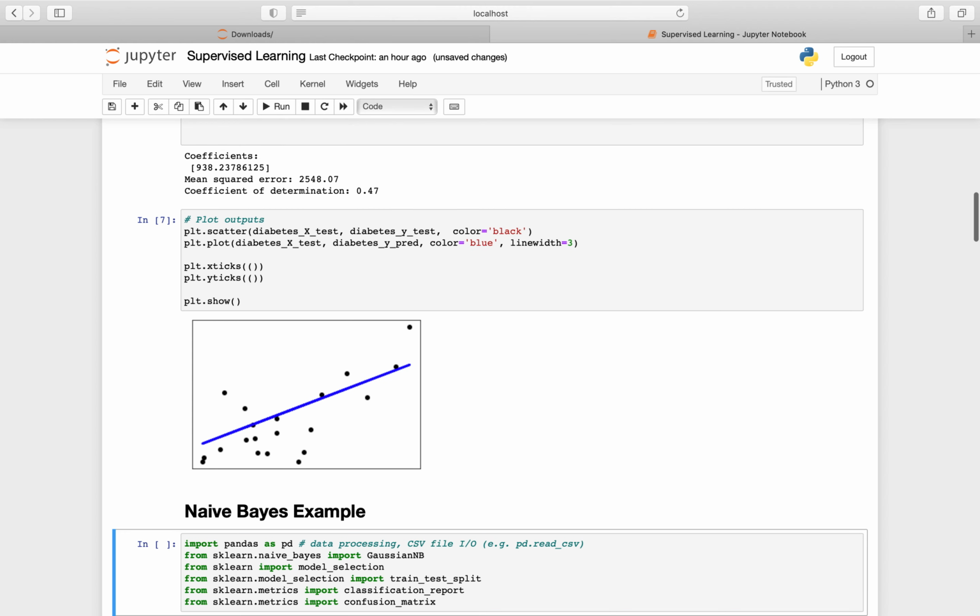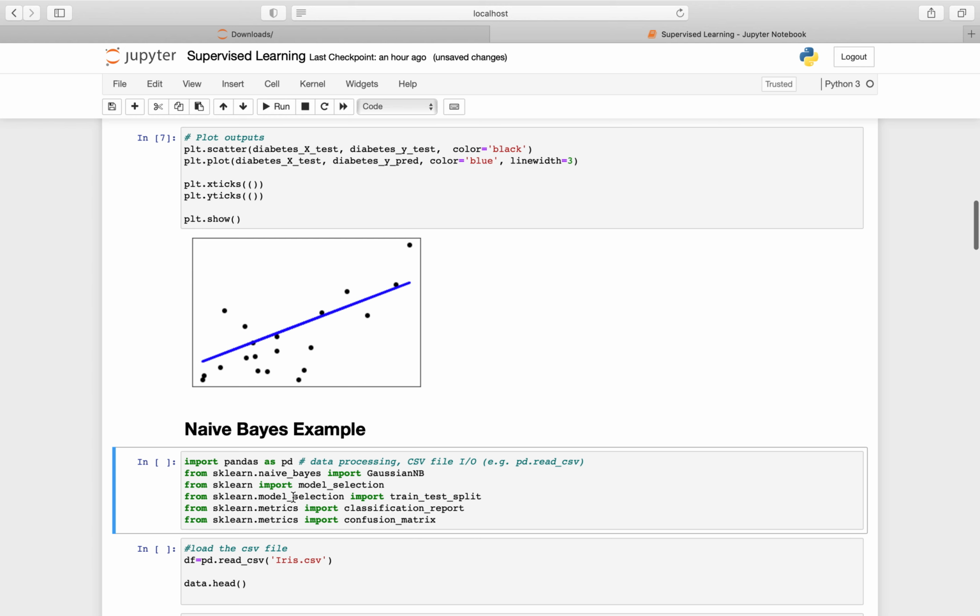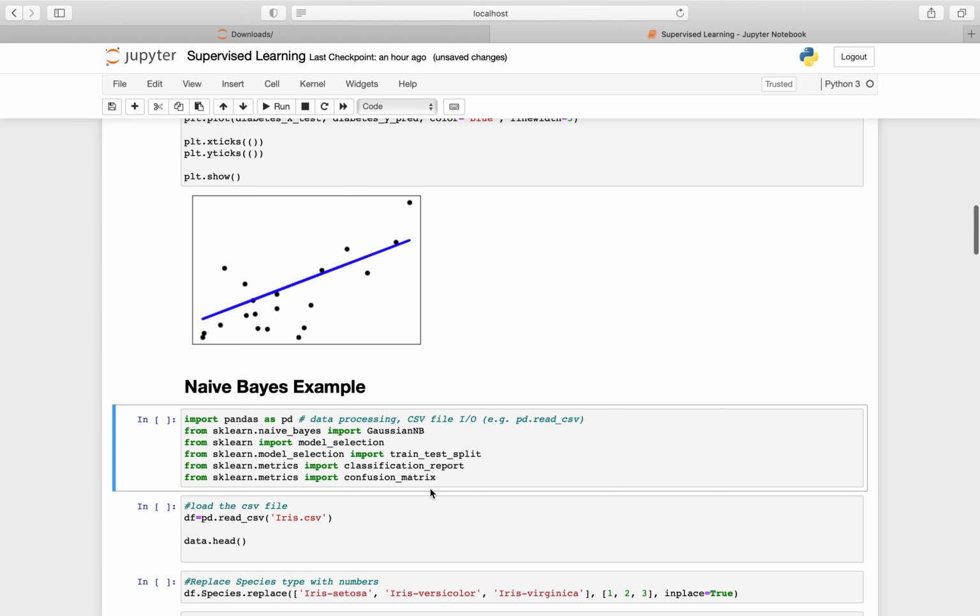The next one is basically our naive Bayes example, and again I am importing pandas, and from scikit-learn I'm getting naive Bayes, and just for the trial Gaussian naive Bayes, and the rest is like before: train test split, and then classification report and confusion matrix. And from now on until the end of this tutorial, I'm going to use this famous iris dataset that is